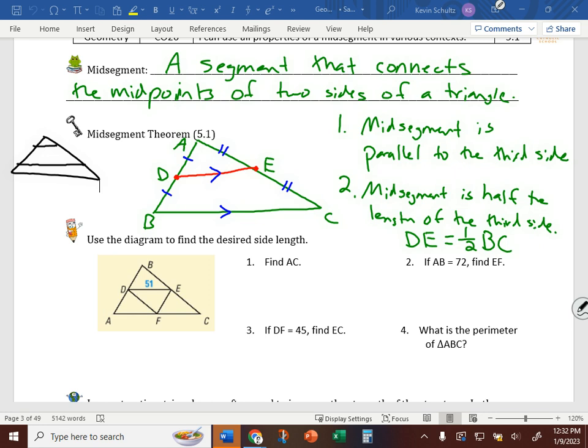Sophie brought up earlier the fact that it'll create a new triangle. If we did connect all three,